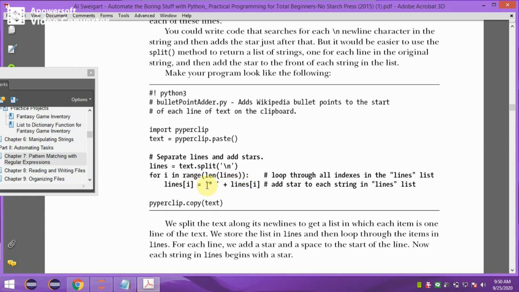Star is prefixed to all the lines and stored back to the lines variable. In this way we can split the text into different lines and add a bullet at the beginning of the line. Once the bullet is added at the beginning of the line, then it has to be copied back to the clipboard.